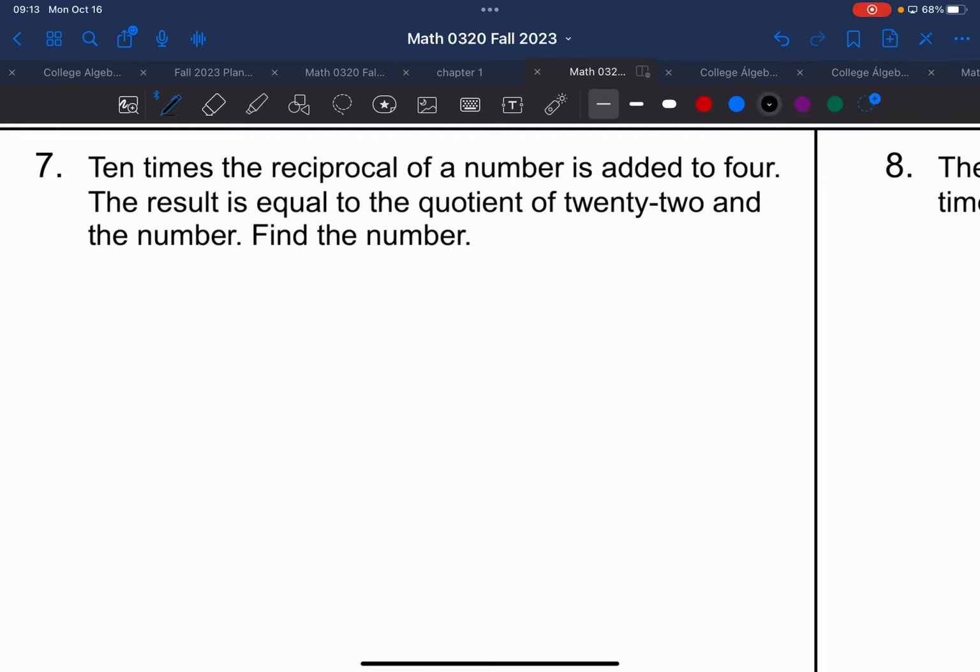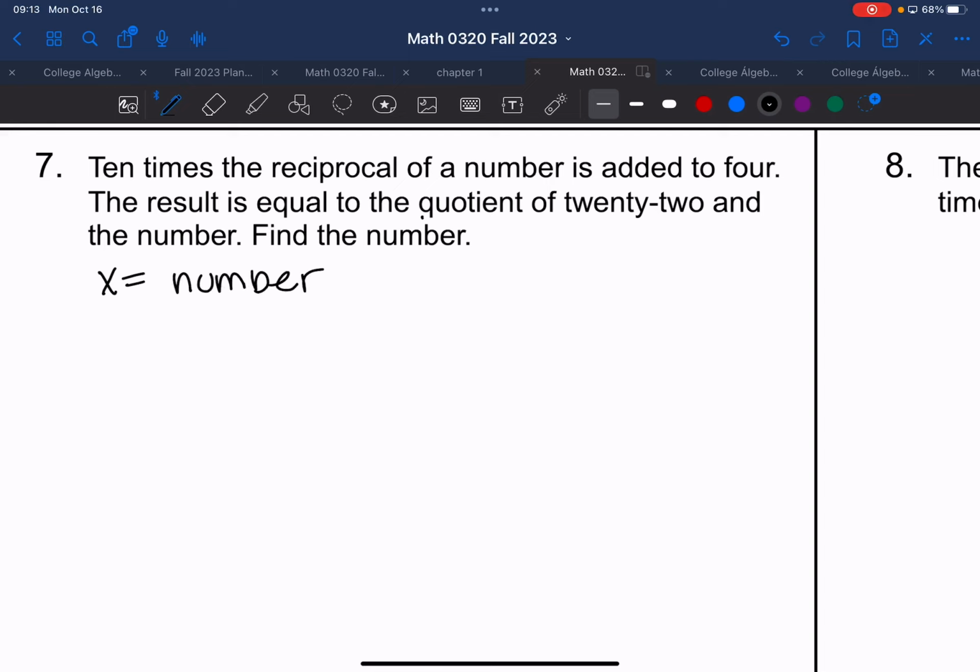It says 10 times the reciprocal of a number is added to 4. The result is equal to the quotient of 22 and the number. Find the number. So first, we're going to have to label the number as a variable because we don't know what it is. So what variable should we assign to the number? X. So we're going to say x equals